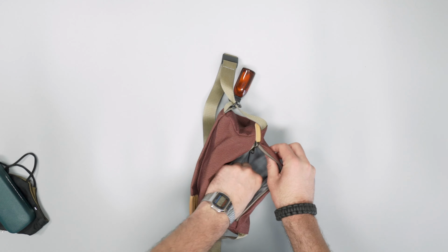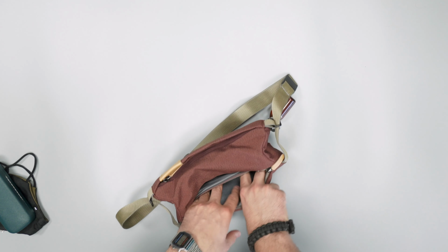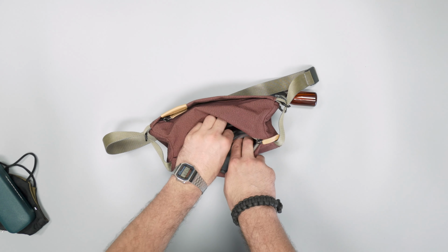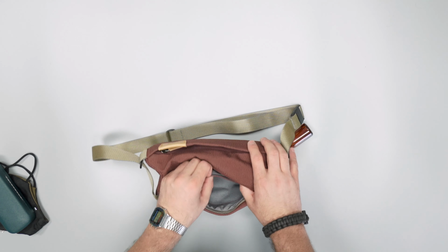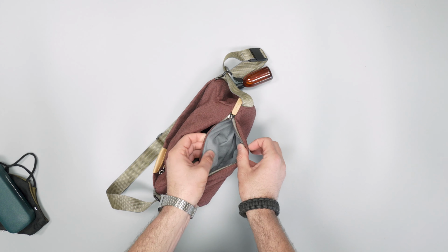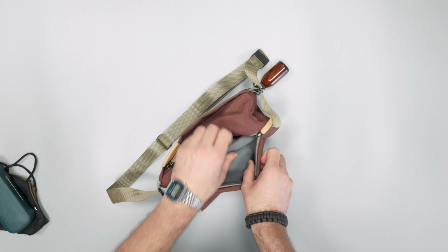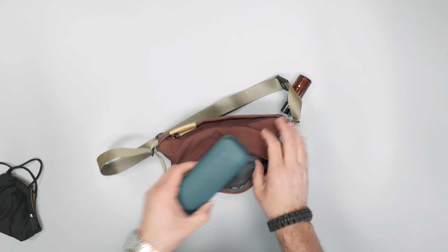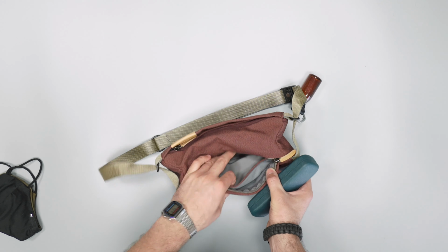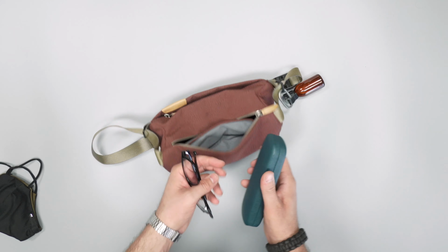So that's soft. If this is meant for your glasses, I think it's a bit of a weird placement back here, because if you just put your sunglasses in this soft part, all that pressure is against your back. All your stuff is in here and then it's pressure against your back or your front with the glasses in there. A lot of these softer pockets are intended for that, but you can quite easily get around that. So for instance, if these weren't in the case and I just stuck them right in there, I think that just feels like a bit of weird placement for the glasses, but nice little pocket, nice soft